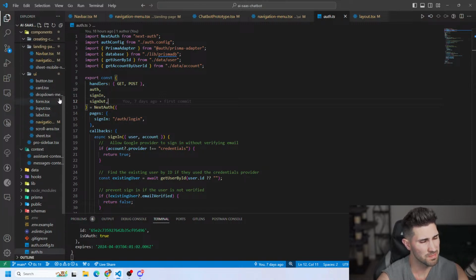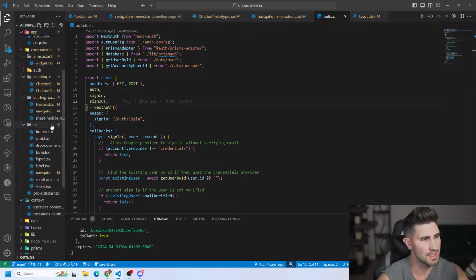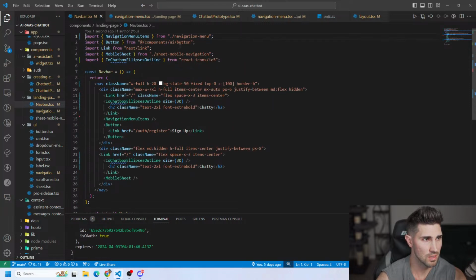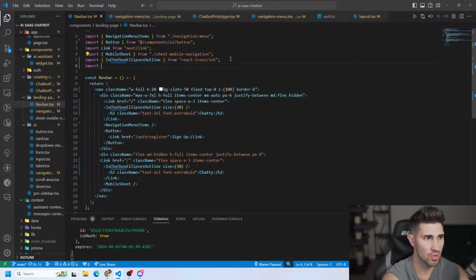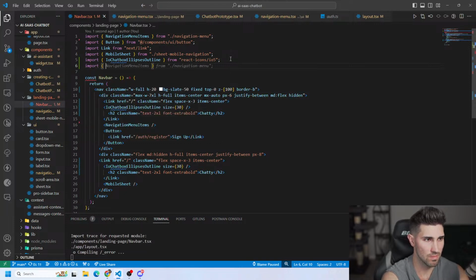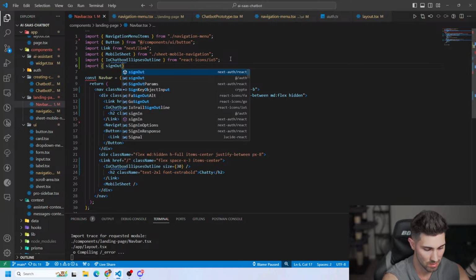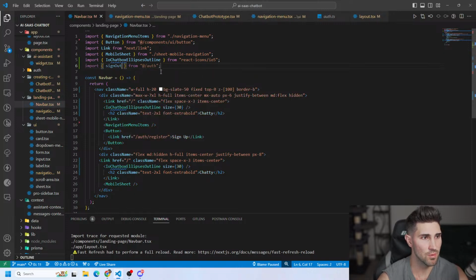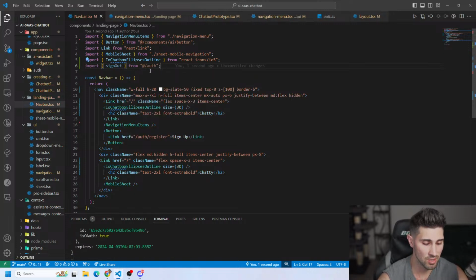So what we can do here is, on the navbar, we could do a conditional. We have a sign up button right here, and this is a server component. So let's fix this. Let's import signOut. And this should be coming from @/auth because it's on the root layer and it's in the auth.ts file. Next thing we want to do is